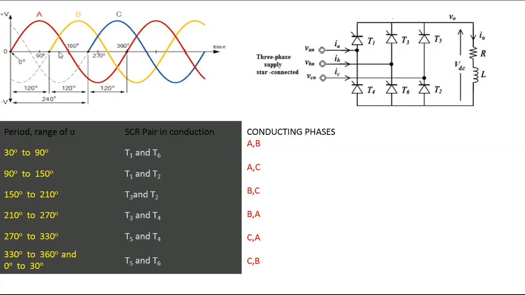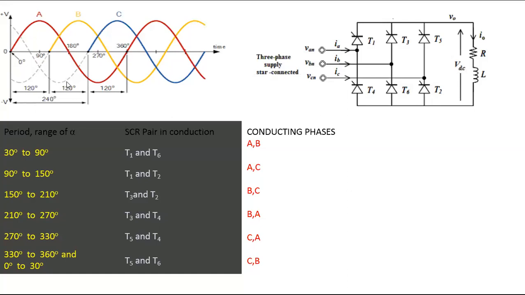Now we have to check the input supply below the x-axis. From 90 to 150, A is not present. B is present, but B is occupying very little space and its voltage is very much less. But which waveform is occupying maximum space between 90 to 150? C. Yes or no? B is present, but we have to check below the x-axis, and it is only a small portion. From 90 to 150, the maximum area is covered by C.